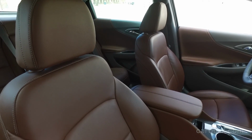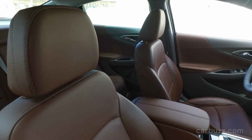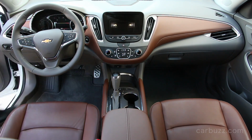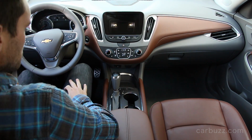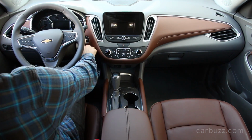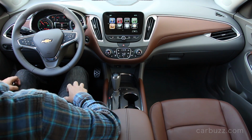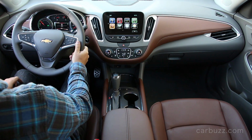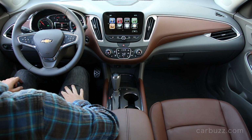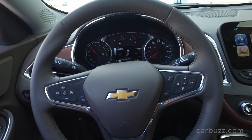Now, unlike the Volt, the Malibu's hybrid system is not engineered to maximize fuel economy from the running gasoline engine, and it does not have an extended electric range. And the Malibu Hybrid can't be plugged in for charging either. There is an EV mode, but it doesn't really last very long, and it won't work at speeds over 55 miles per hour. So it's best to think of the Malibu Hybrid